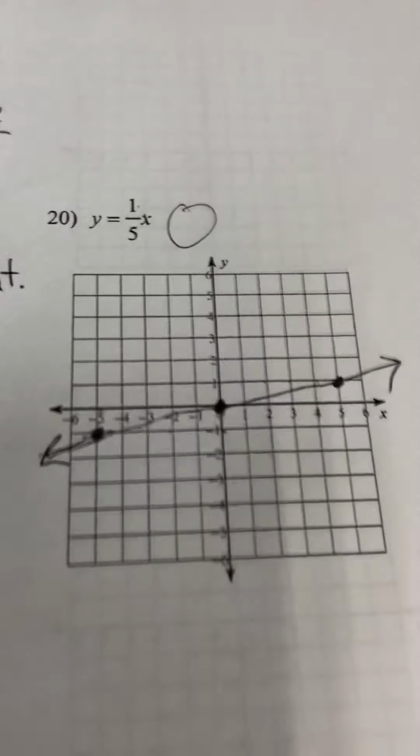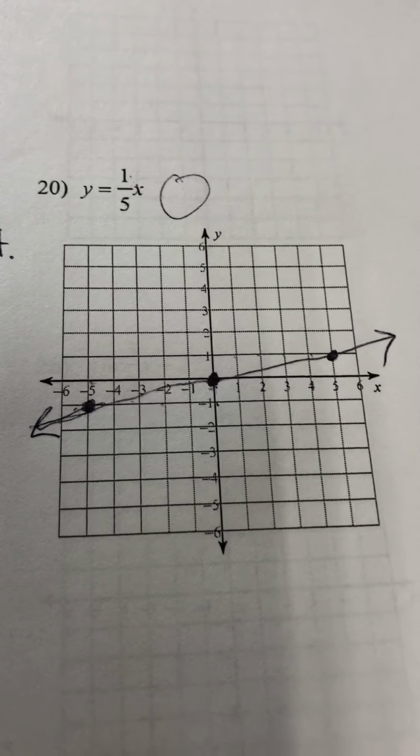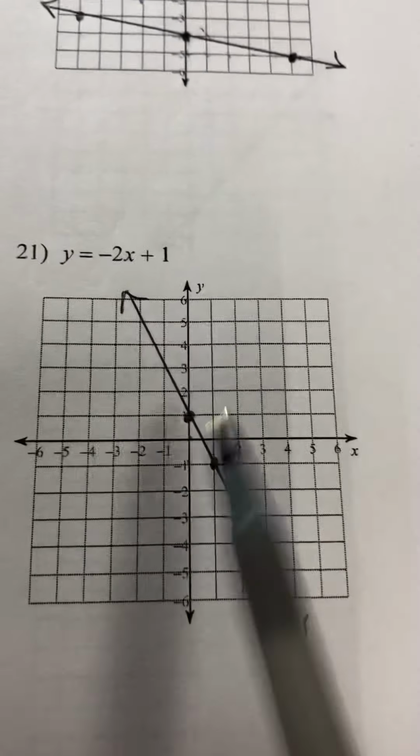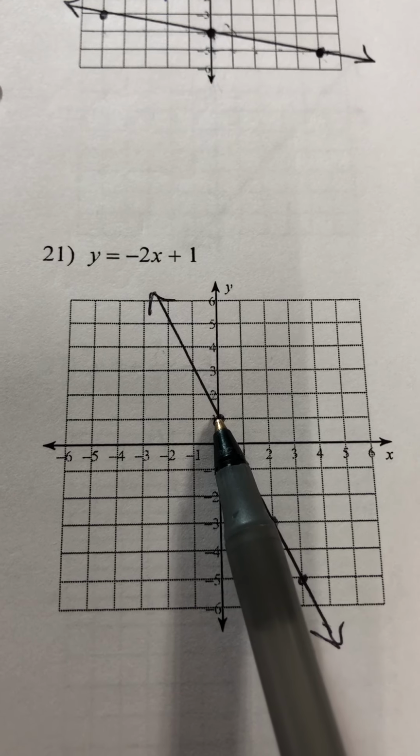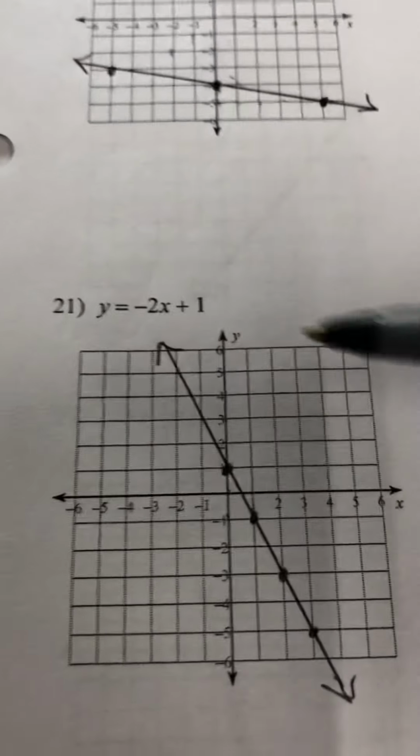It doesn't have to be an art project, but that would be like your number 20. Okay. Number 21, my y-intercept is +1, so I put a point at +1. Then I start working with my slope,